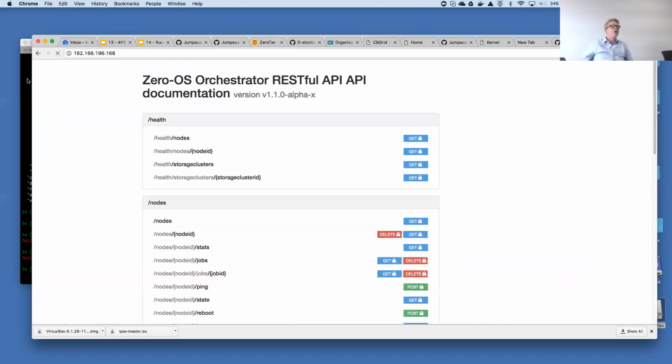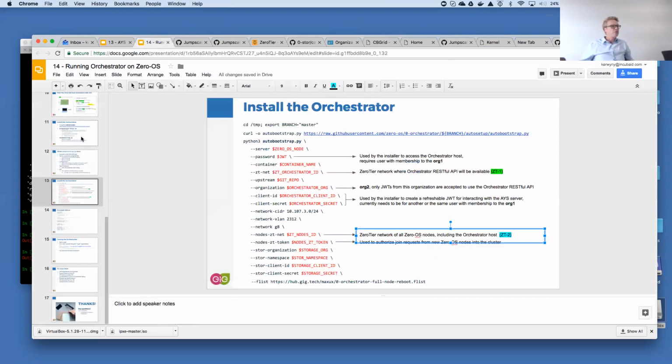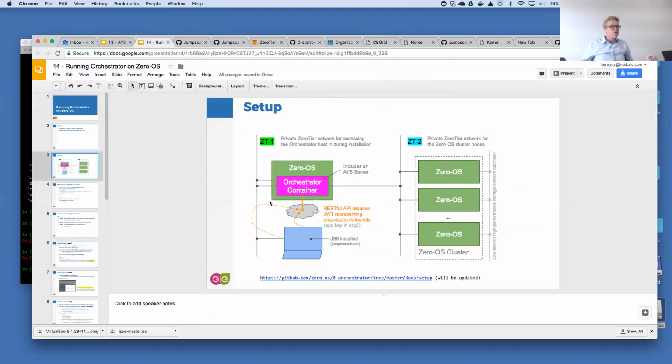See? Or when I go to Insomnia, you will believe me, I'll be able to use this RESTful API. Yeah? Now, the final thing that we need to do, go back to the slides. Let me just explain what I just explained. So in my setup, this connection here does not exist by mistake, because I specified that the REST API is also only available on 0 tier 2 and not on 0 tier 1. So this one is what I did as a mistake.